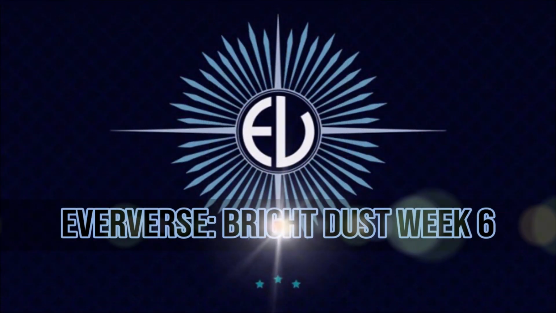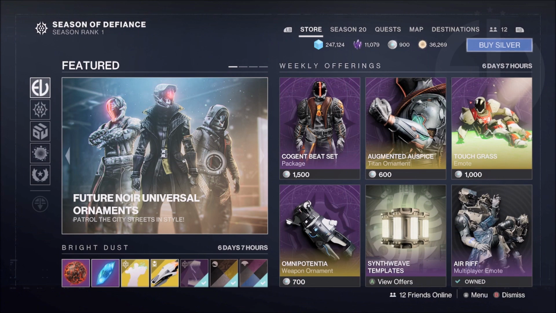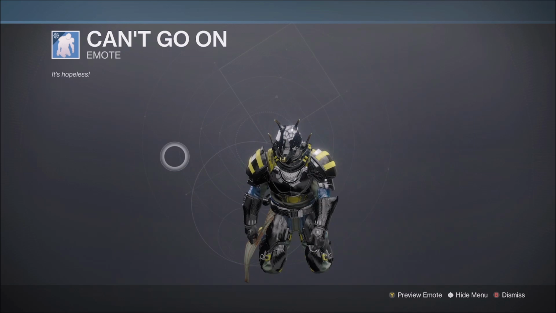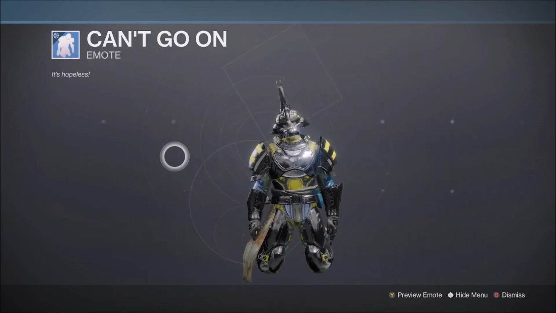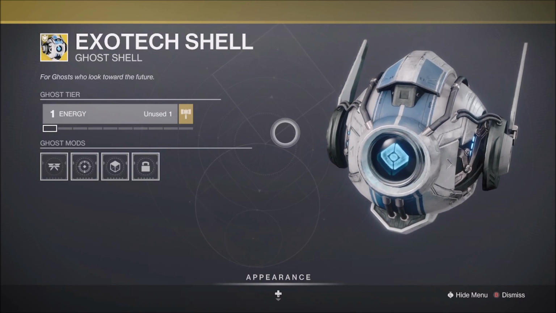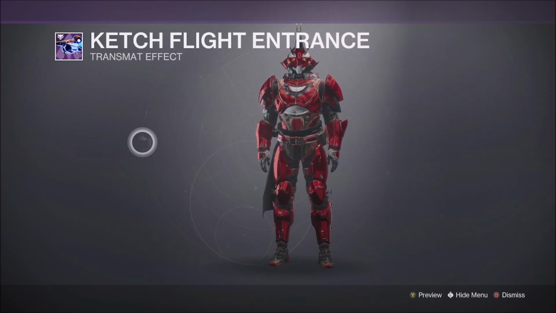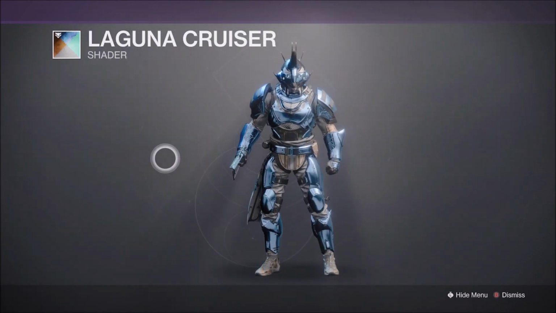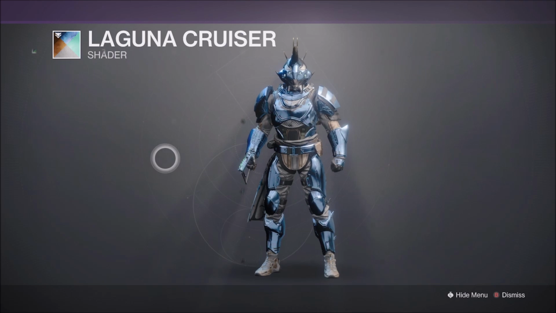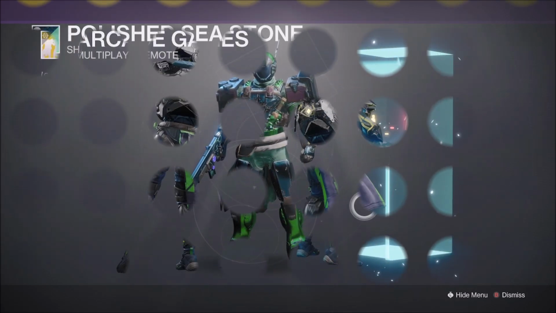And speaking of Bright Dust, we have our 6th Eververse of the season for the week of April 4th, 2023. Available this week for Bright Dust, we have the Can't Go On rare emote for 400 Bright Dust, the Exotech Shell Exotic Ghost Shell for 2850 Bright Dust, the Catch Flight Entrance Legendary Transmit Effect for 450 Bright Dust, the Laguna Cruiser Legendary Shader for 300 Bright Dust, the Polished Seastone Legendary Shader for 300 Bright Dust,